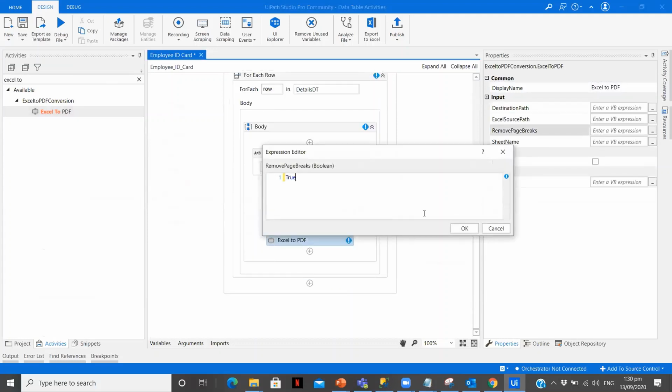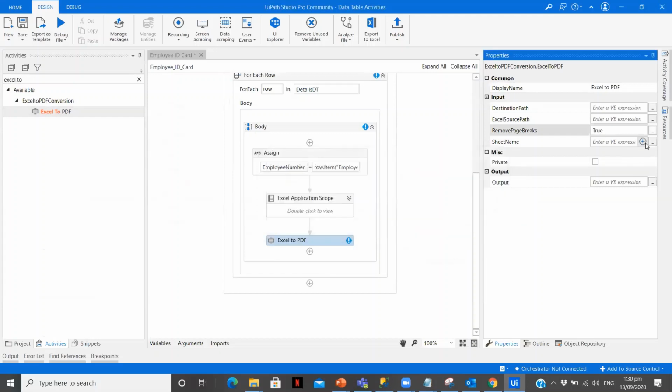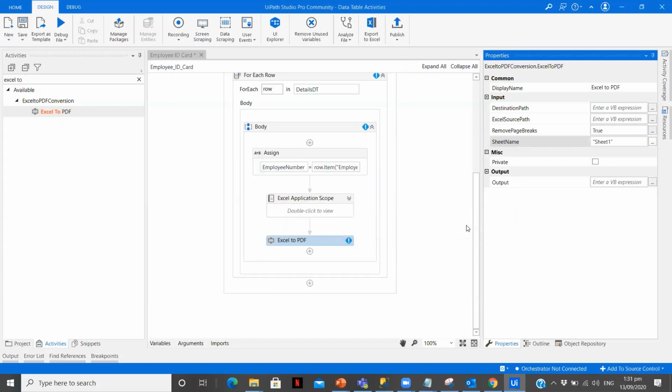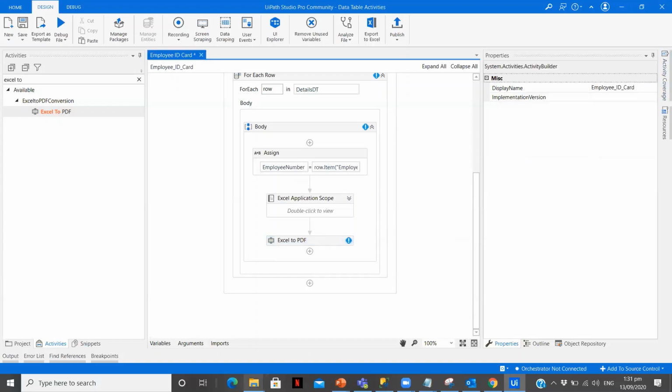Okay. So remove page breaks, I'm going to keep it as true. My sheet name, as we know, is sheet 1. Clicking on OK. I need to provide the Excel file path.